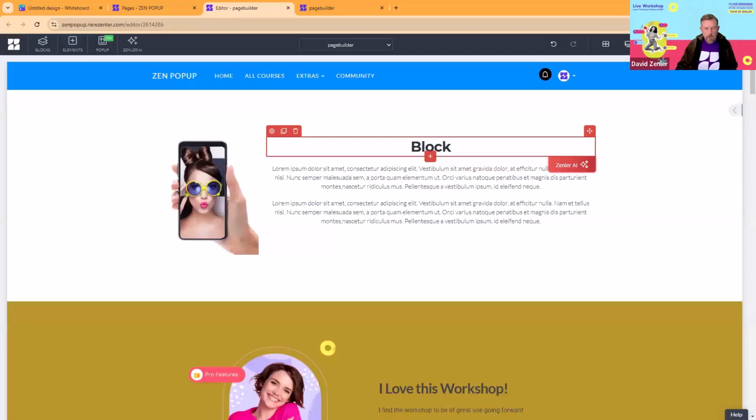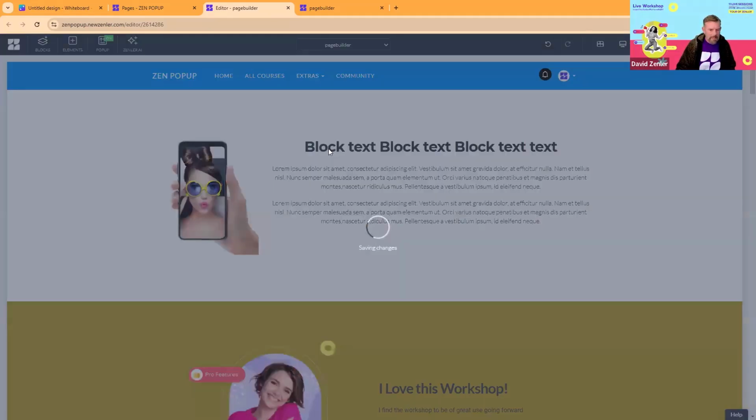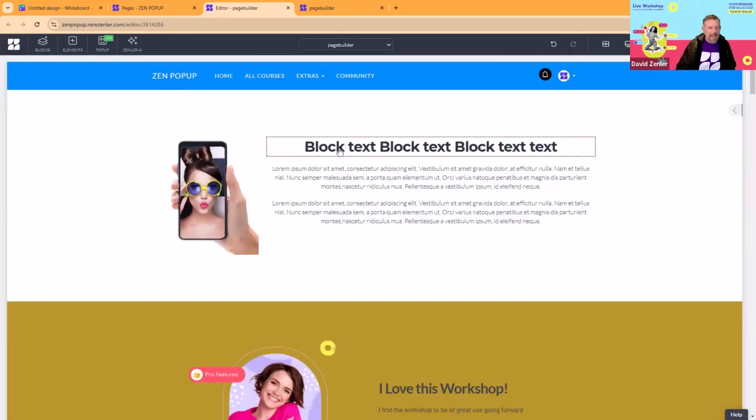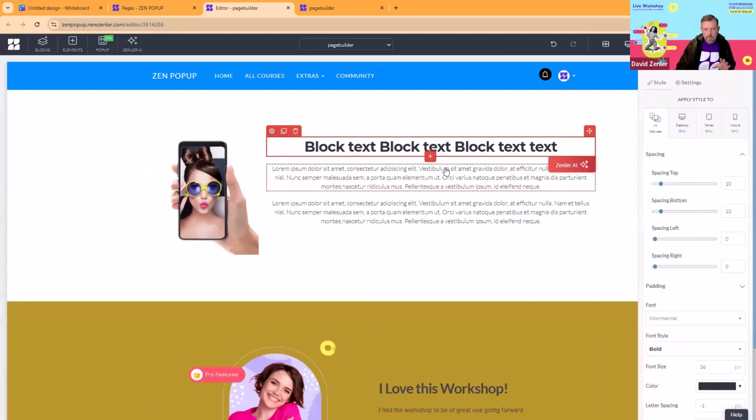What I've got here is a block. If I put a block and some text, it doesn't really matter what the text is, but let me show you what's going to happen. I see this all the time. This text looks good, doesn't it? Looks absolutely great in here. Fabulous. I love it. But what I see a lot of people do is they forget about the line height of the text. As a rule of thumb, you need to check this. The line height is the distance between one text row and the next. If you forget about it, on a mobile, it will drop this text down and make it huge.